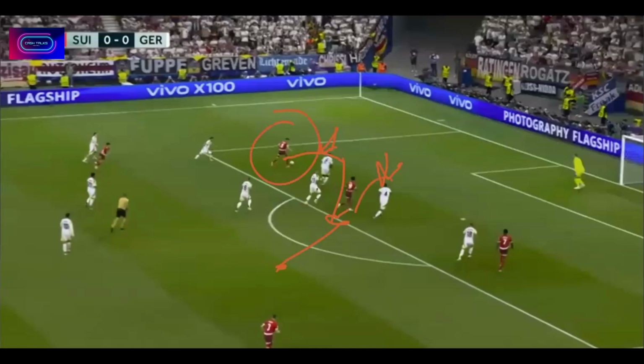Okay, this guy did the right thing. As soon as he got to that player, you pass him off, and then he has to tell him to go with him because he's covering the middle now, and he's covering the other defender, the other player here. So he should be completely aware. Right, let me get rid of some of these lines. So this guy here. Sorry, I'm not sure the centre-back's names for Germany. This guy here should have told him to carry on and go over there and mark this player here. He doesn't do either of those things.